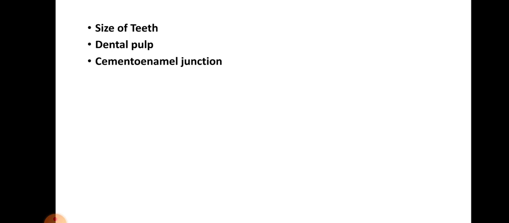The CEJ is a significant landmark for probing the level of attachment of fibers to the tooth in the presence of periodontal diseases. Using a periodontal probe, you can see in the figure 2.16a, it is possible to relate the position of gingival margin and the attachment to the cemento-enamel junction. You can see it in figure